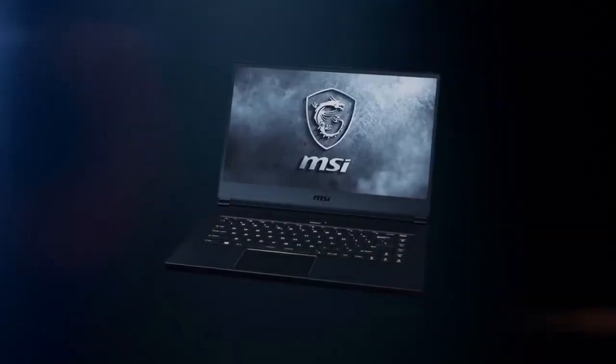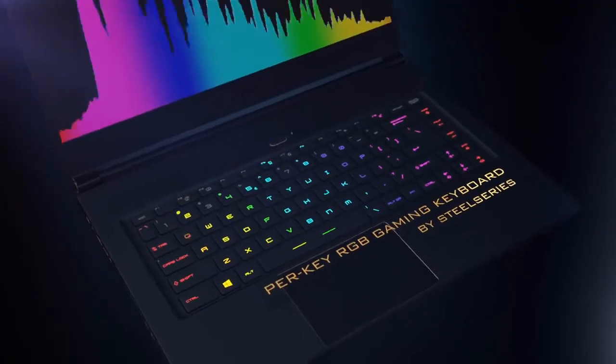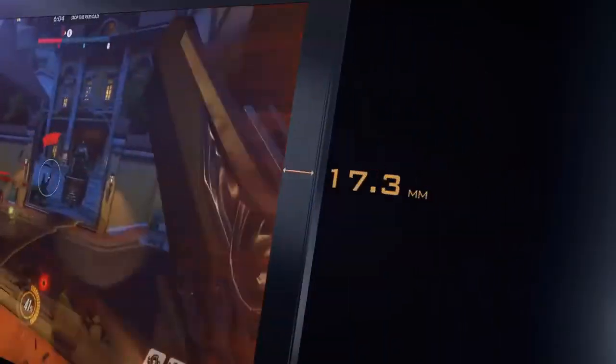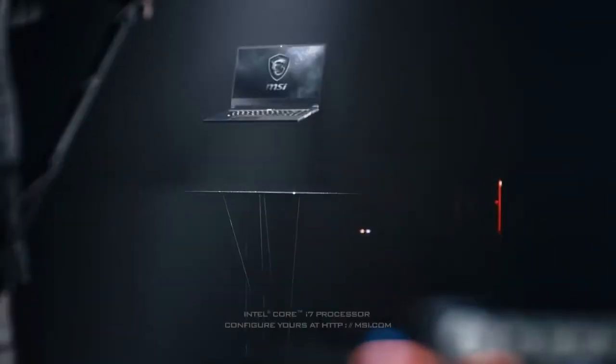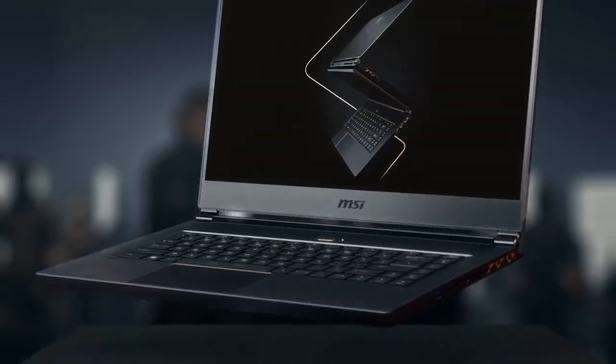On the other hand, we have little to no complaints about the brilliant, nearly bezel-free display MSI has embedded into the lid of this laptop. Specifically, the display achieves an 82% screen-to-body ratio with bezels just 4.9mm wide, cramming a 15.6-inch display into a 14-inch frame. Ultimately, this is the brightest, fastest and most color-rich display